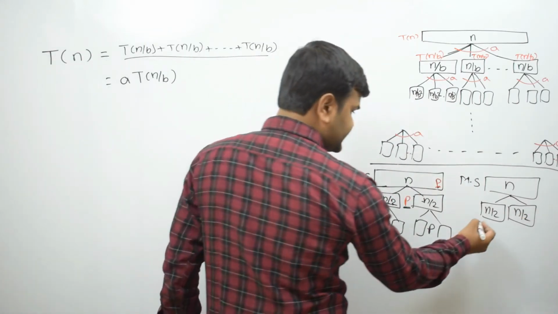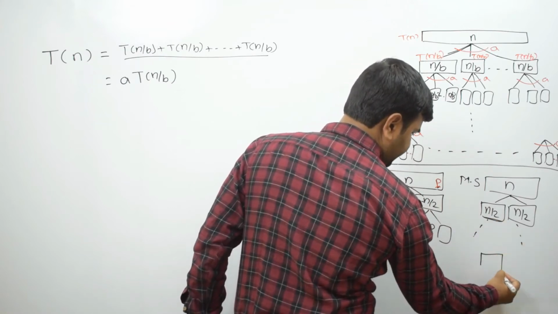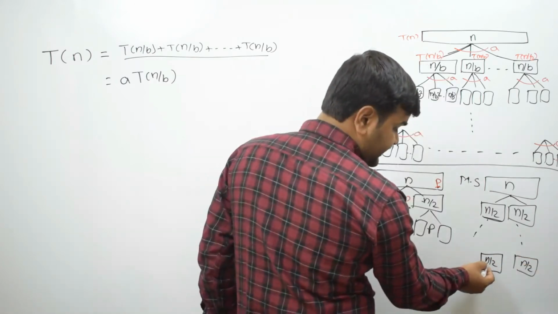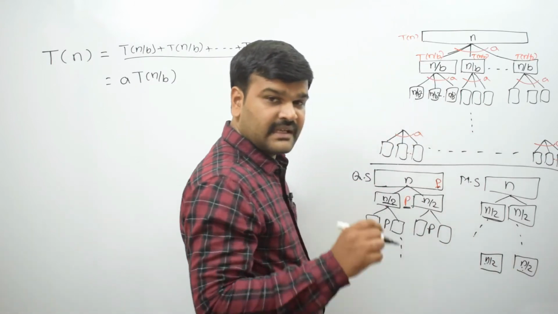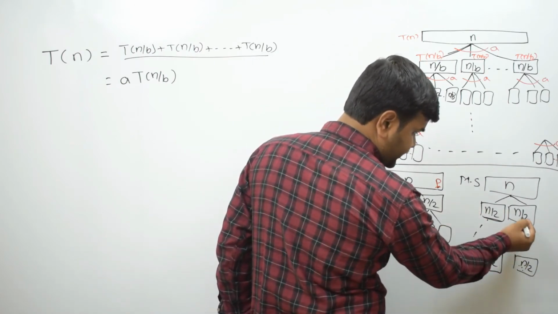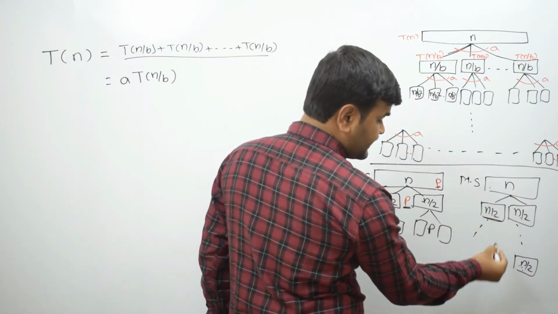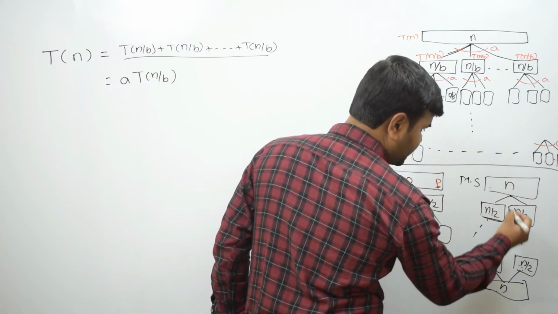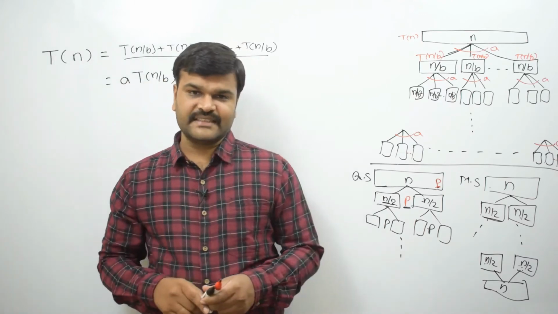Okay. So like this, if you continue, somewhere you are going to get n by 2 size. Whatever elements are here are sorted, and whatever elements are there are sorted. That means this is the solution for this subproblem and this is the solution for this subproblem. And if you combine these two, that will become the solution for this subproblem. Is it or not? That is what we are doing in merge sort, right?